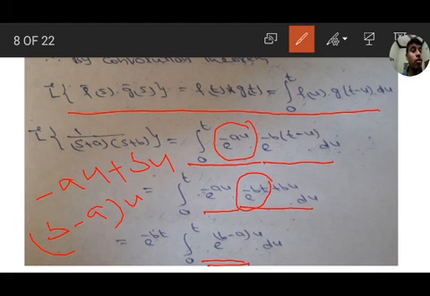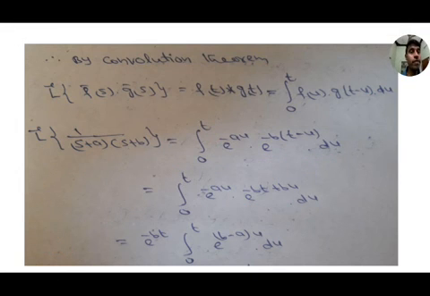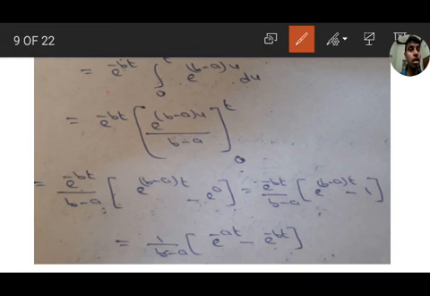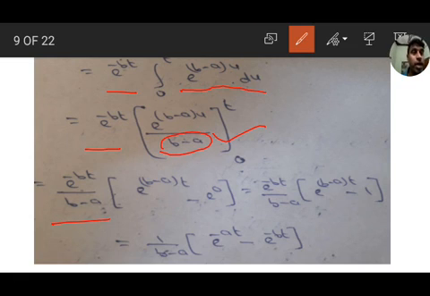Next, integration of e to the power of ax is e to the power of ax by a. Therefore, e to the power of minus bt is outside. We have the integral from 0 to t of e to the power of (b minus a)u du, that is e to the power of minus bt times the integral of e to the power of (b minus a)u, which is e to the power of (b minus a)u by b minus a, from 0 to t. So upper limit and lower limit, b minus a is outside: e to the power of minus bt by b minus a, times e to the power of (b minus a)t.